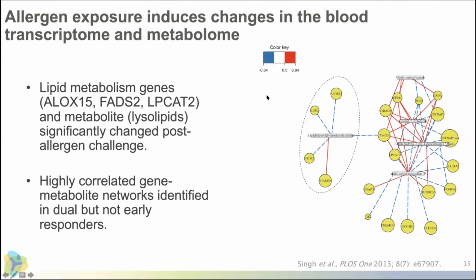And what we also found was these highly correlated networks, and you can see one here, particularly in the dual responders, so the cohort of subjects that elicits that chronic late phase response. These are highly correlated gene metabolite networks. And this is depicted using this node edge framework. So the nodes in the circles are the different mRNA transcripts that you see here. The metabolites are in the rectangles, and the links, or the edges that you see here, are either positively correlated in the red or negatively correlated in the blue, as depicted by this color key,